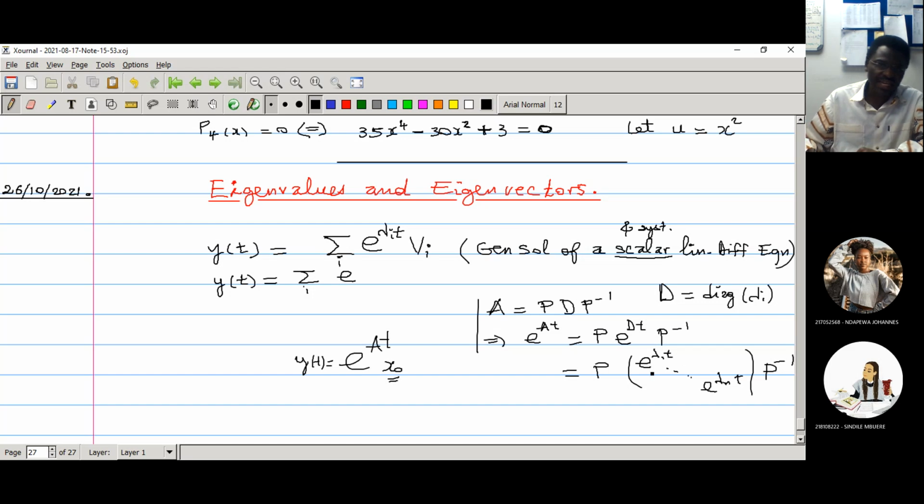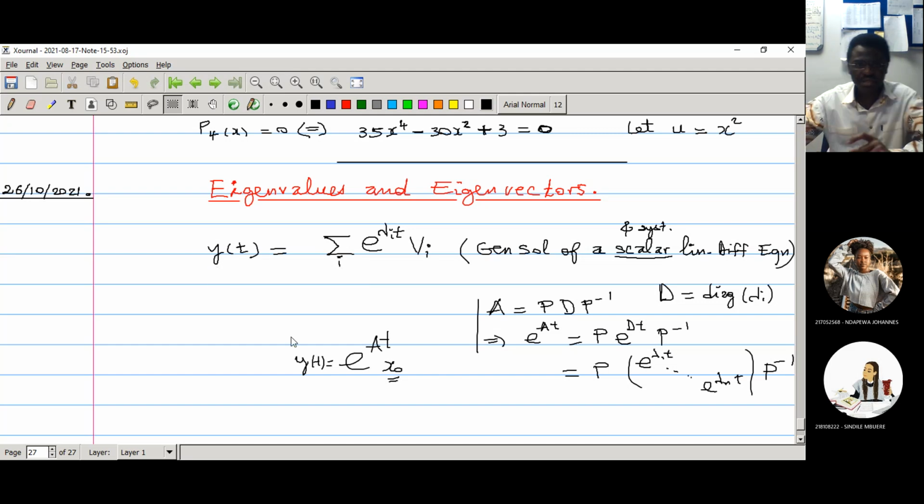If all the lambdas are negative, then the solution of the system that the differential equation models is stable. This is just to put you in real life situations so that everything will not appear to you as just theory, just theory, just theory. These things have applications in engineering, just that we don't have engineering classes where you can see that this is where you apply this.